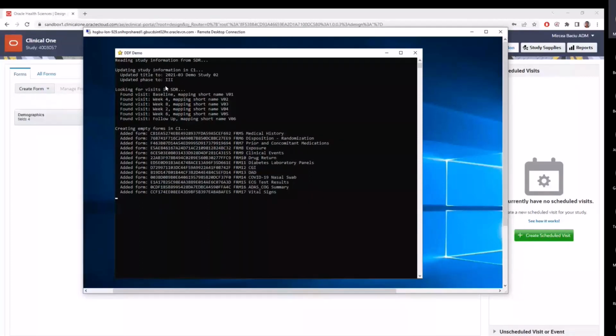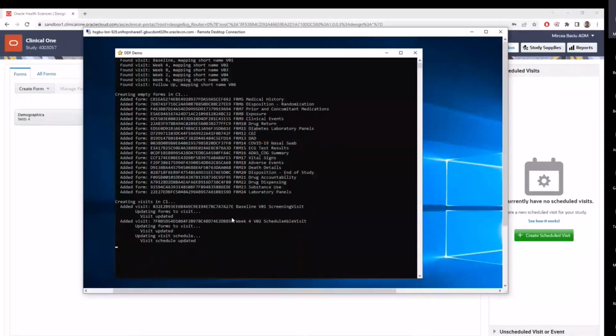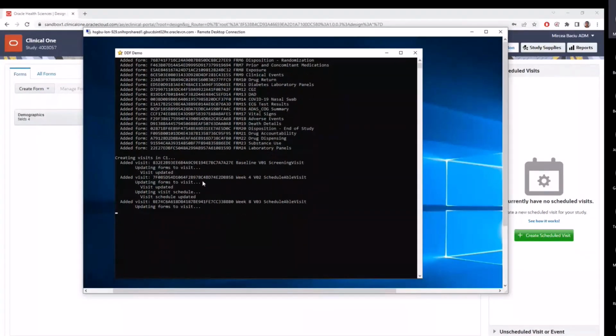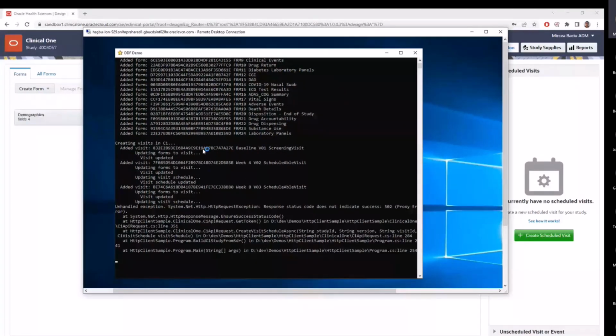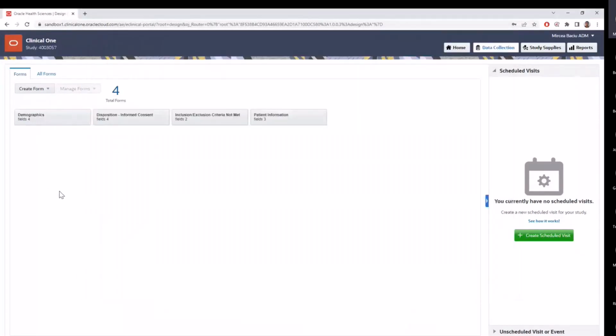Then the application has been able to see what the visits are in the SDR, and it identified these 6 visits here. Then the rest of the forms which were not previously created in Clinical One have also been created. And the last part, the most important one, is that this application currently creates the visits, and yeah, seems like I have a small error here. Let's have a look what